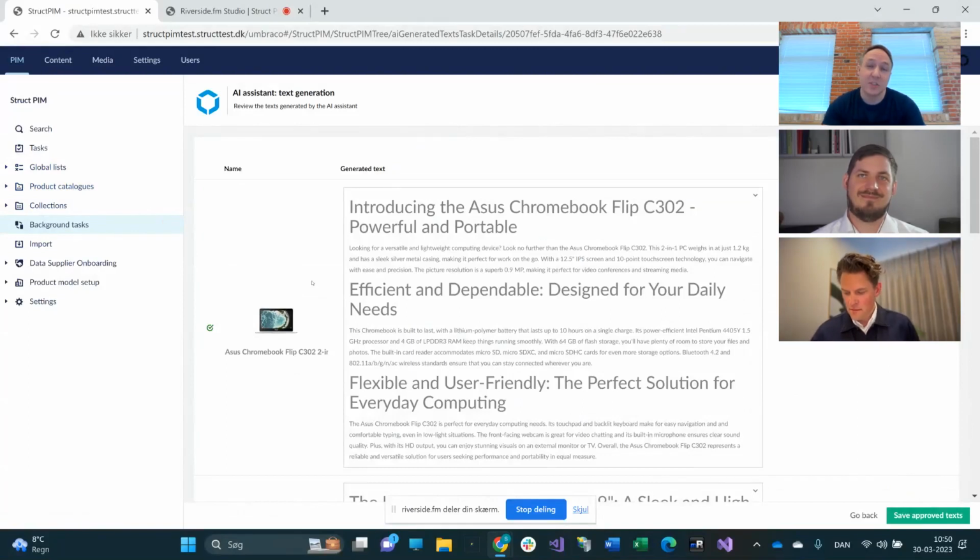So that's just a very brief overview of how we've worked with ChatGPT so far. We're looking into many other places where we can use the power of it in the system here, but this is one of the cases that we wanted to show you today, how you could use it to generate product descriptions here. But there will be lots of other places in the PIM system where we will start to use this as well going forward.